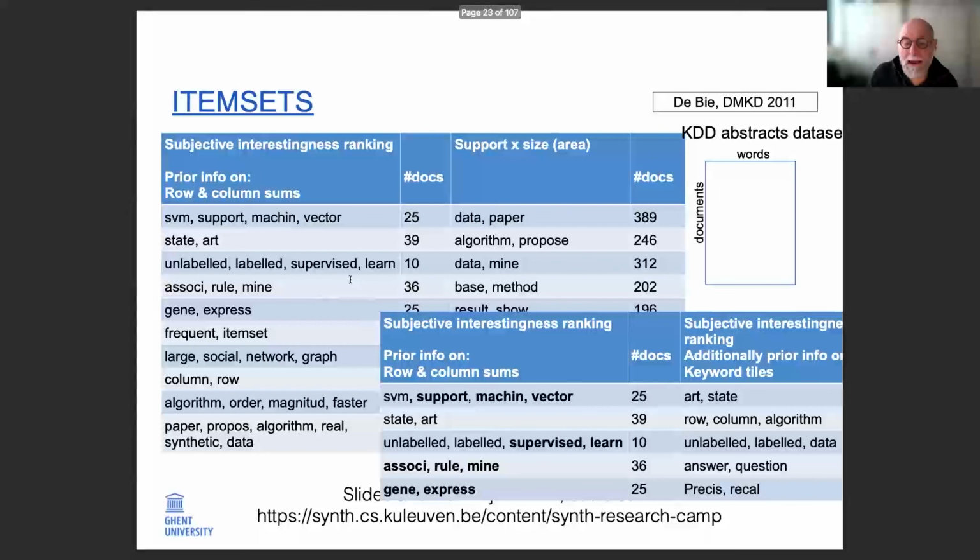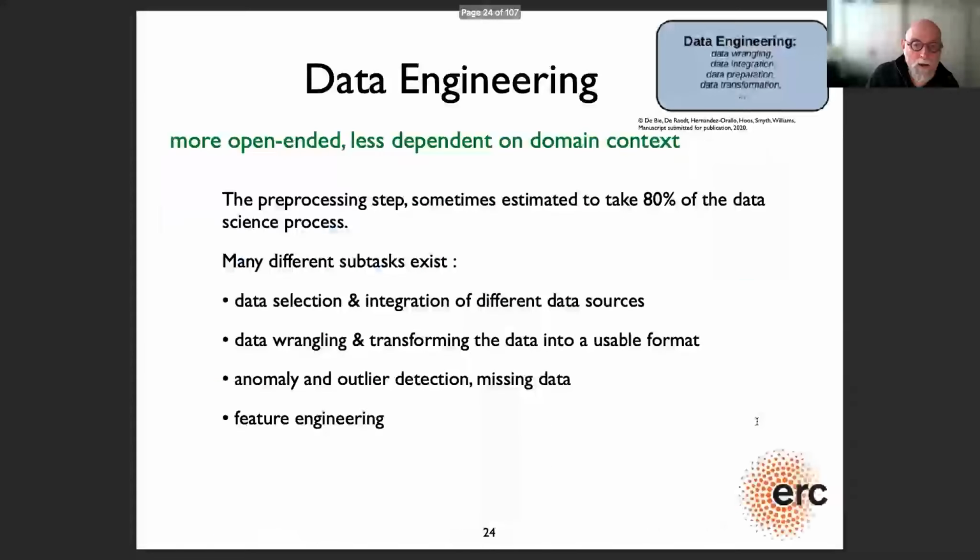So if you assume the keywords are also known, then you can again filter according to that and get the right patterns that are probably more interesting and more surprising to the end user. And there's a lot of further work on that.